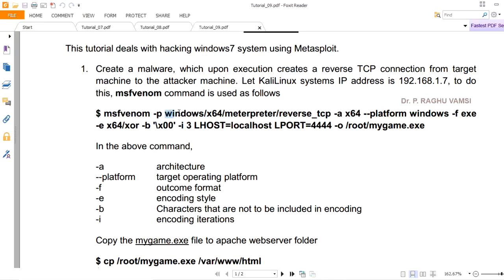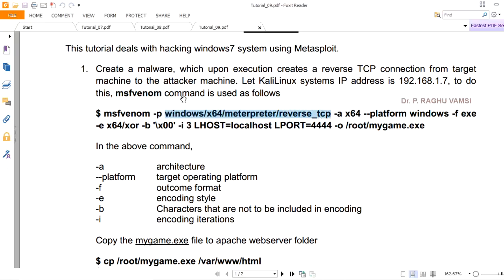In Windows we have 32-bit operating systems and 64-bit operating systems. So we are going to choose the payload windows/x64/meterpreter/reverse_tcp.